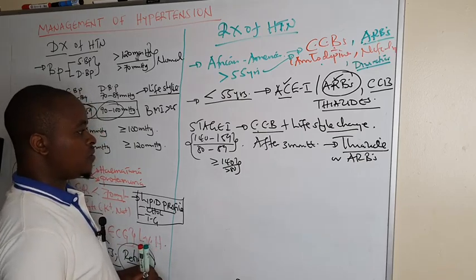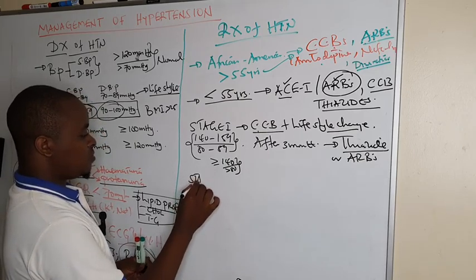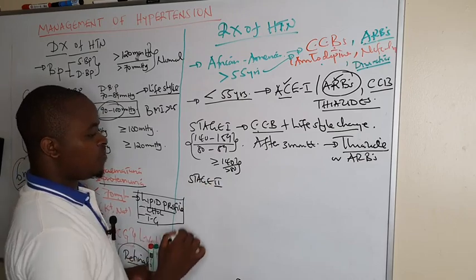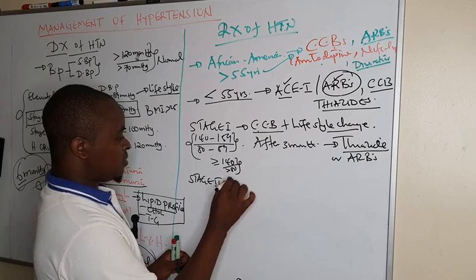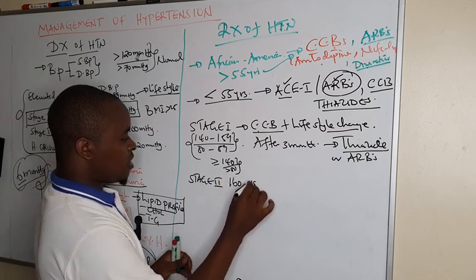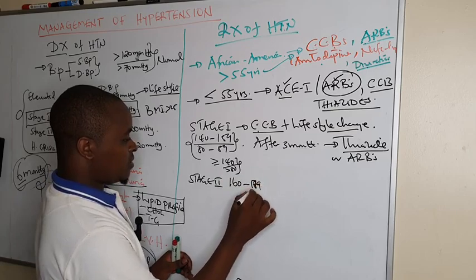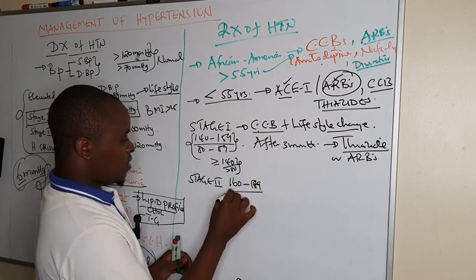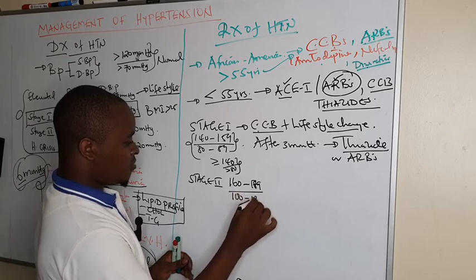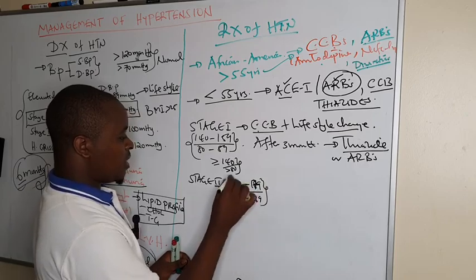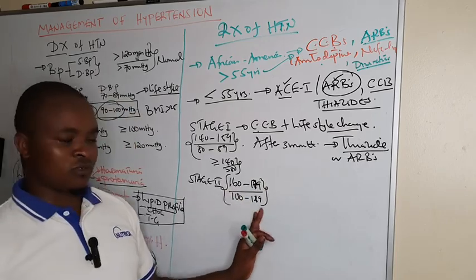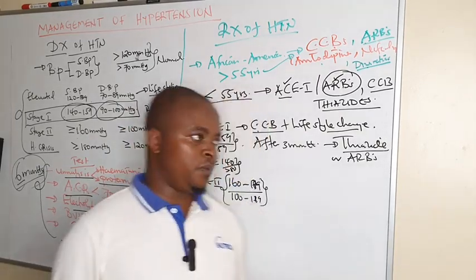That is the goal. Then for stage 2 hypertension, that is between 160 to 179 over 100 to 119 millimeters of mercury. Patients having this blood pressure are in stage 2, and here